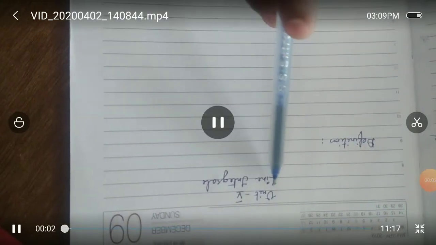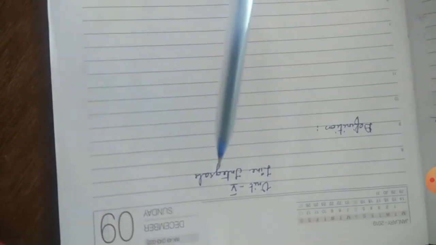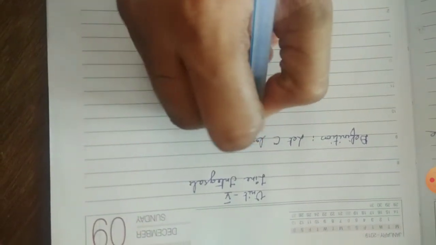Dear students, we are going to see Unit 5, line integrals in vector calculus. So now see the definition of line integrals. Let C be a curve. We are taking a curve first. What is the curve? C is a curve